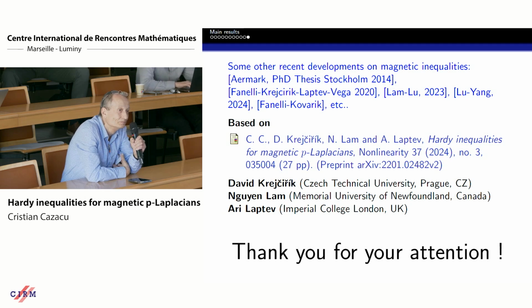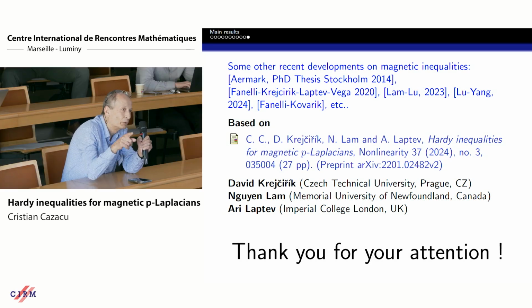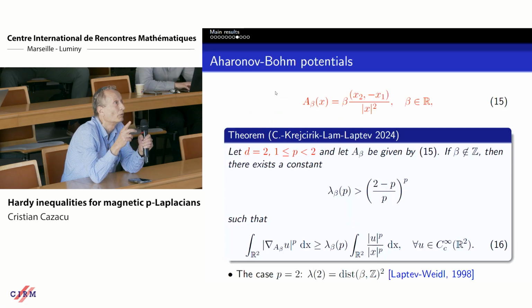So is this in the L2 setting or the Lp setting? Lp, in Lp. You said that you know how to do it for p greater than d, or something like this, but it's for any p. So you start with a non-negative quadratic form, and then you add a magnetic potential, you get a subcritical operator. Okay, actually, if you go back,